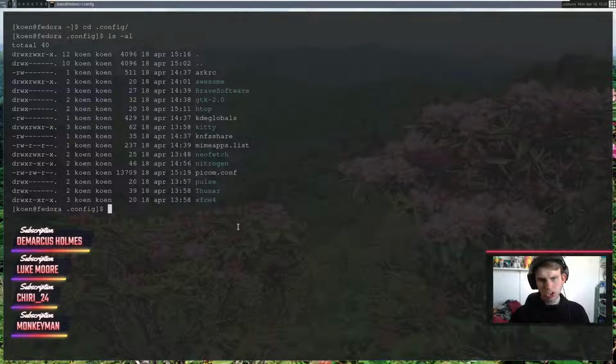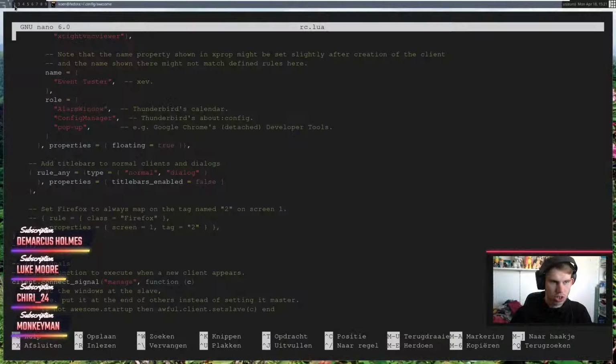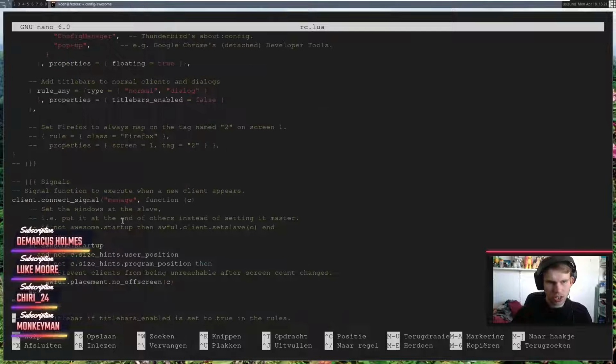So essentially, I want to grab the vast majority of this stuff, like my picom.conf and polybar and thunar and whatnot, and at one point I want to put it all on a GitHub page, and then I will give all of this away for free. And you can grab all of this stuff yourself and have fun with it.